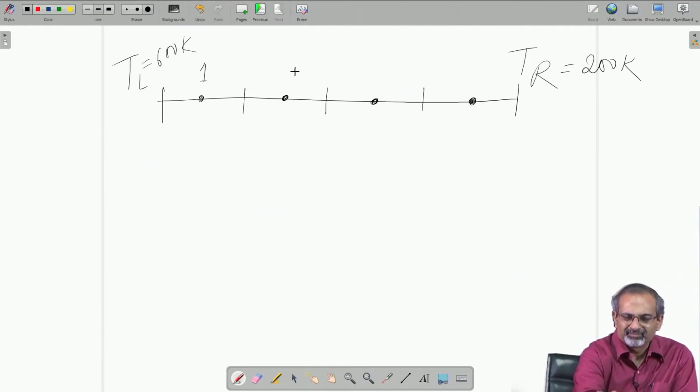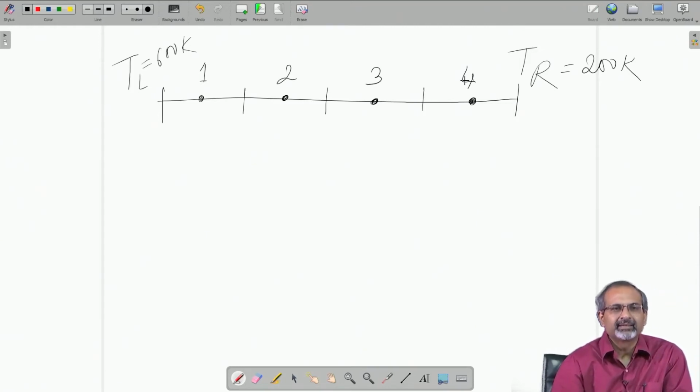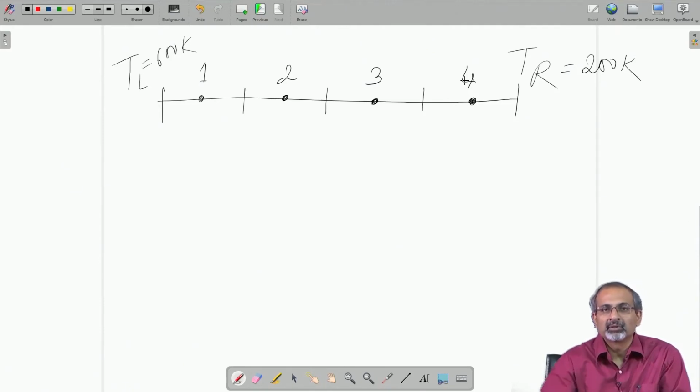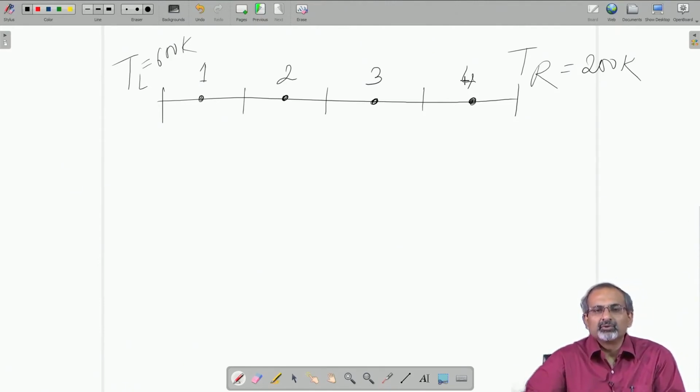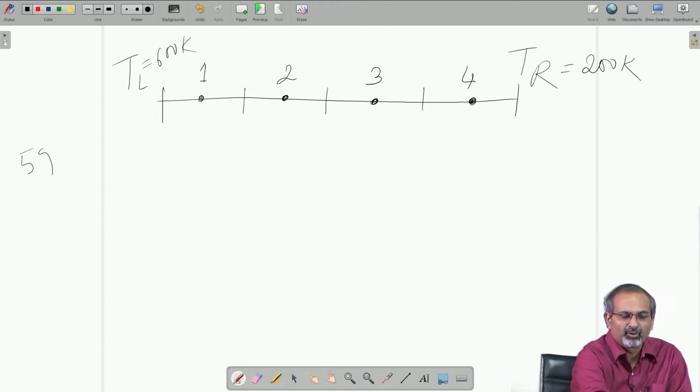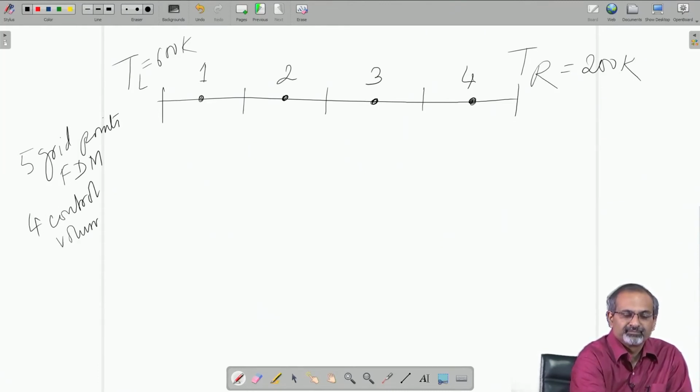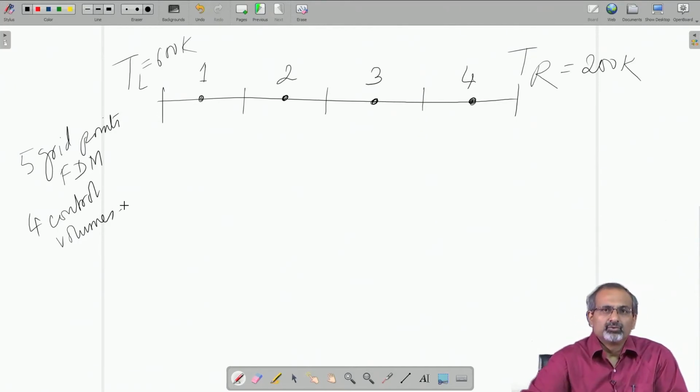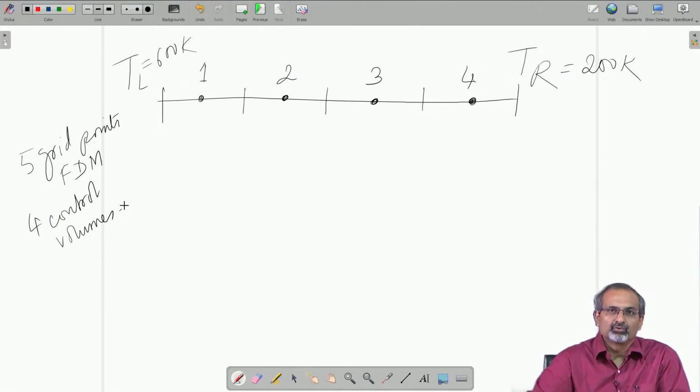This time we will define the control volumes like this with the nodes indicated as 1, 2, 3, 4. So, remember that in the previous instance, when we were doing the finite difference solution, we had 5 grid points. So, instead of 5 grid points for the finite difference method, we now have 4 control volumes. And what we need to do is, we need to write the discretized form of the governing equation, which we saw in the previous slide, individually for these 4 control volumes.